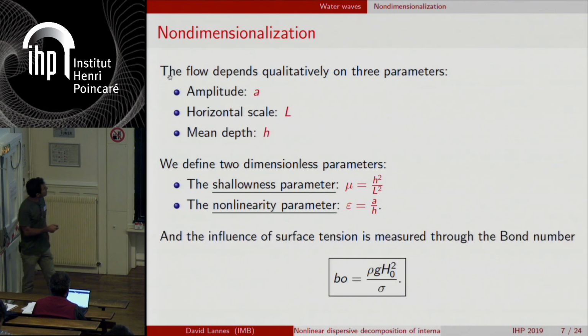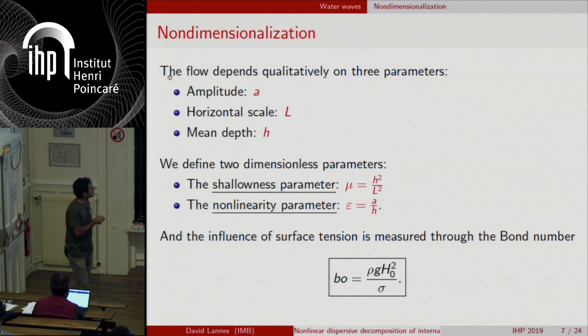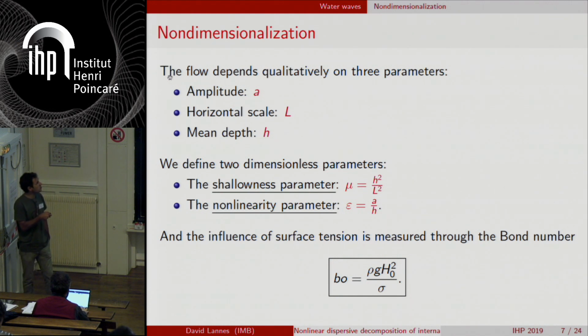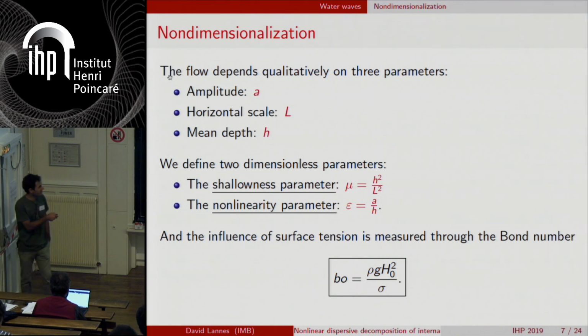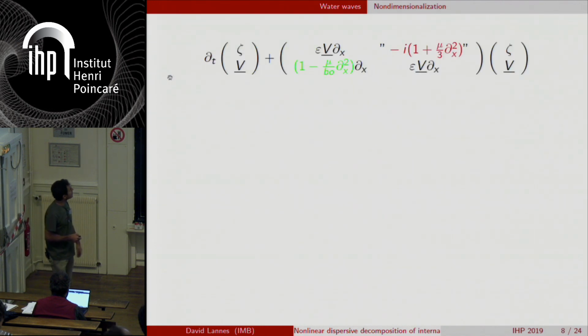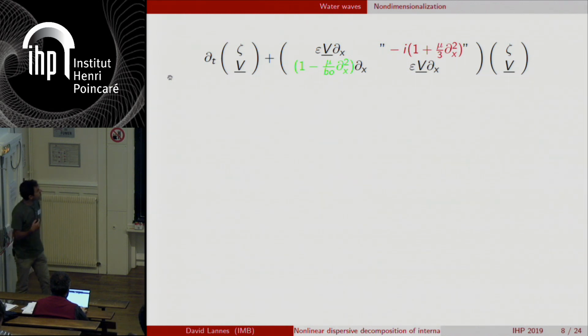Then there is a third coefficient because we have surface tension, which is the ratio of gravity forces over capillary forces, which is called the bond number. So it is the ratio of rho g h squared over the capillary coefficient sigma. Now, if we want to compare these parameters to see what happens,